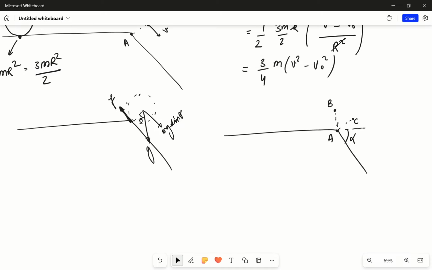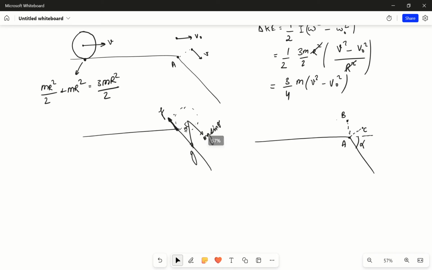So what we can infer from this is that we have to just find out the change in height of these 2 points. So this was initially at R height, and this is at